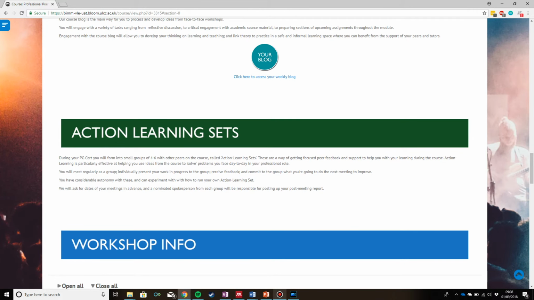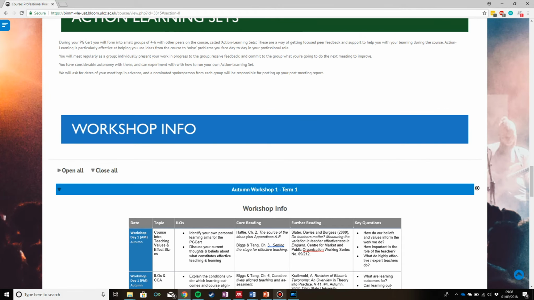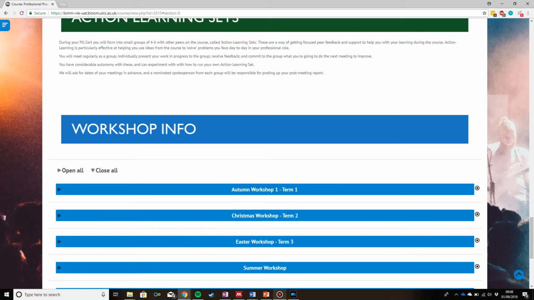So if we move on to the action learning set section, this is just a bit of information because, as you know, the action learning groups are very independent. So we'll give you a bit of information, but ultimately running them is up to you. And then finally we end with the 4 face-to-face workshops that you're going to be having as part of your